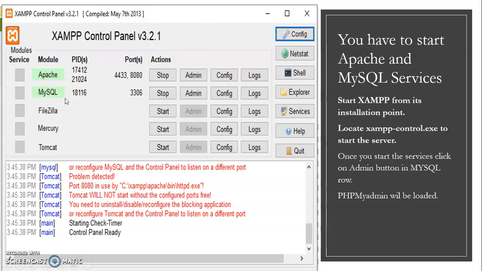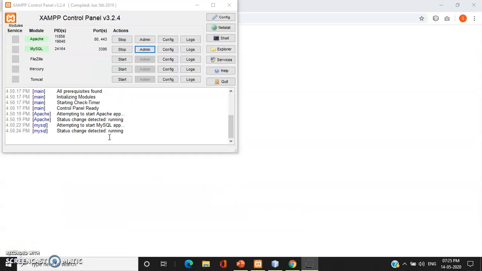Okay. Now to start your PHP MyAdmin interface, what you have to do is in this row, just click on this button, that is the admin button. Whenever you click on this admin button, you will see a PHP MyAdmin page open. So we will see how it happens. Okay, so like we have discussed, I have opened this XAMPP controller and I have to go to my PHP MyAdmin page by clicking this button here. So when I click this button called admin, this page will open, that is